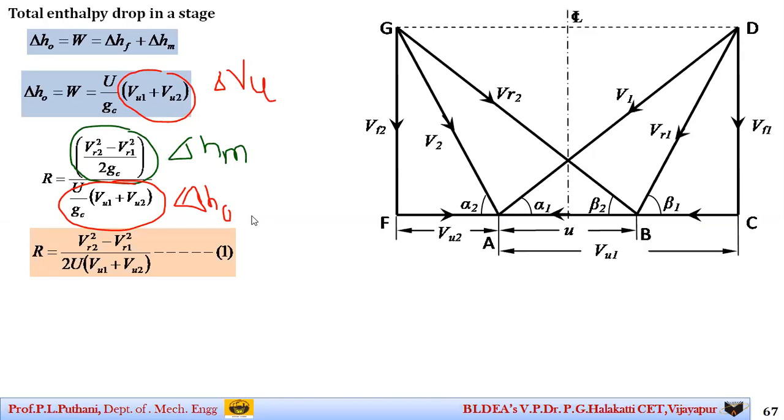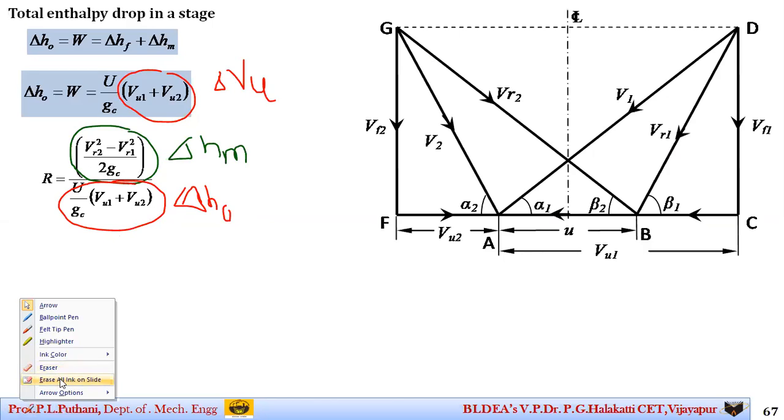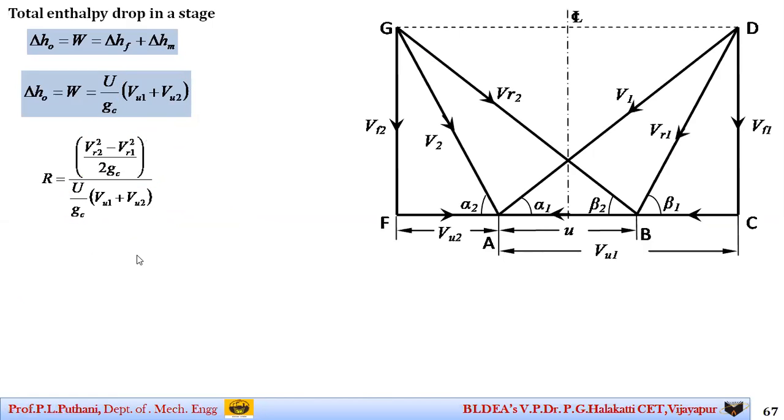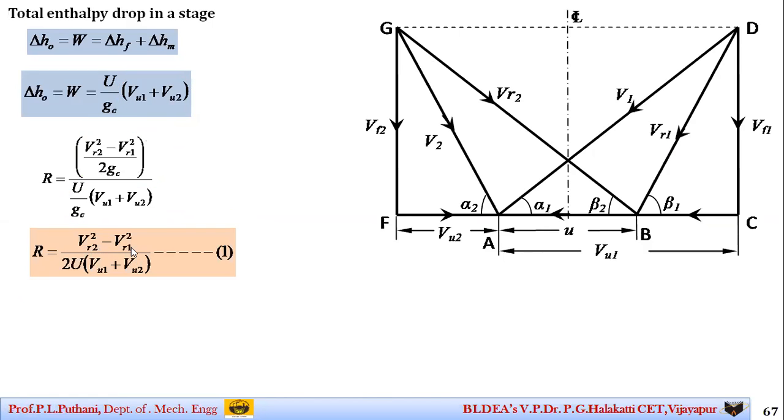Now I can write this in this form after simplification: Vr2 square minus Vr1 square by 2gc, and on simplification I get it in this form, U by gc, and it becomes (Vr2 square minus Vr1 square) by 2U into (Vu1 plus Vu2),